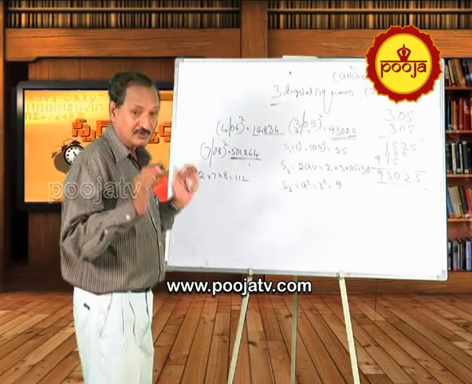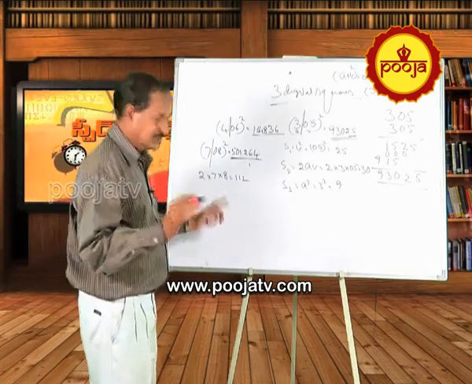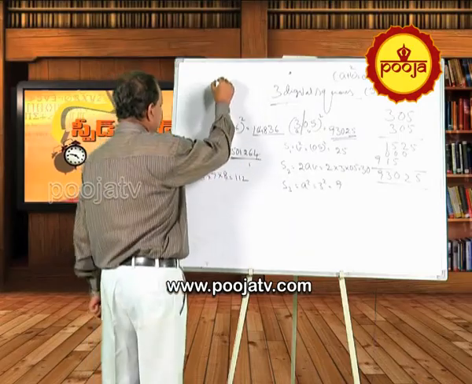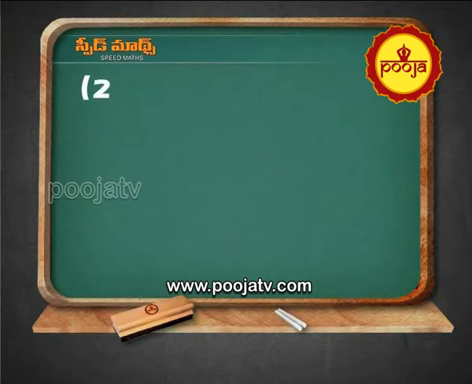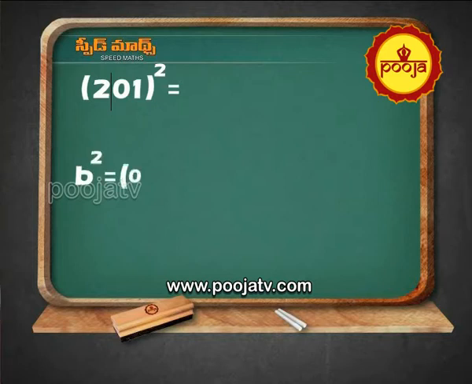You ought to have a thorough knowledge. Here it is not completed, still some things are there. Suppose 201 square. 201, what to do? Square equals to, give a slash, b square equals to 01 square equals to 1,